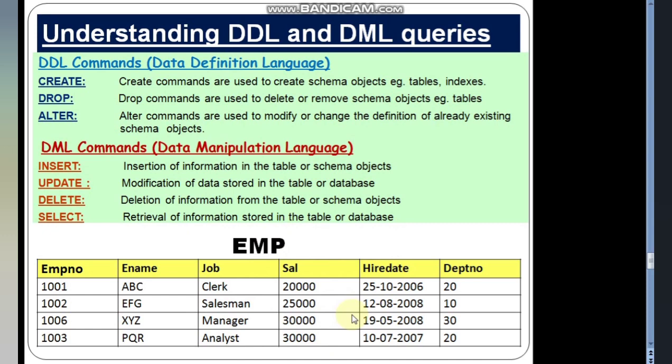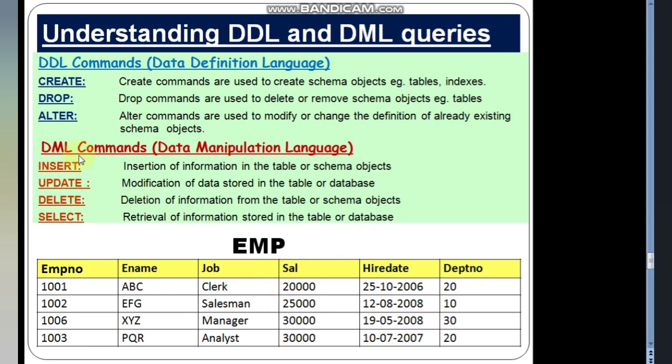The table will exist, but this particular field will be removed. So then also you need the alter command. And for giving any particular constraint or removing any constraint from any field, the alter command is used, and we will see this practically in the next video.